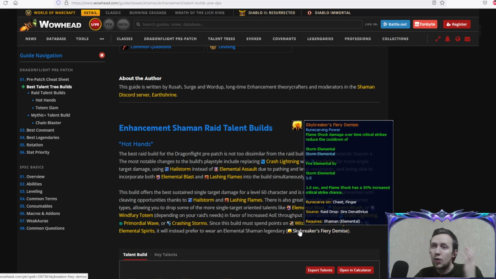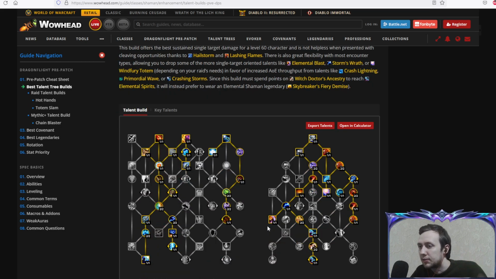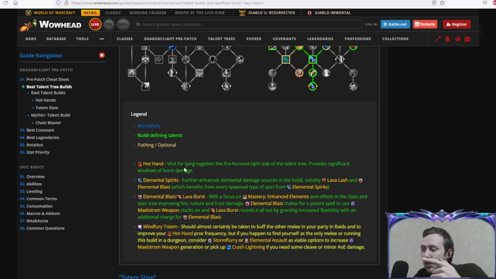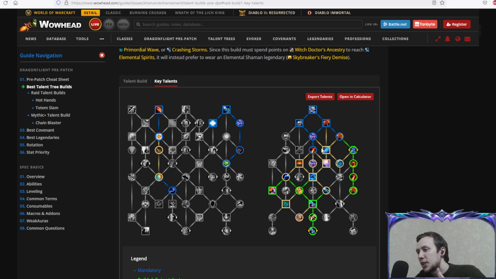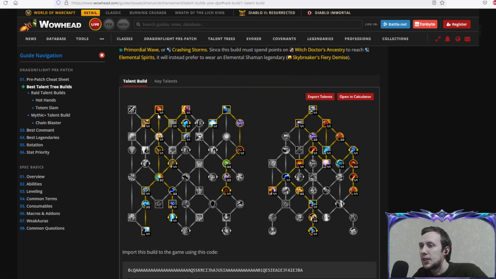And that's again all for the pre-patch info, so don't get it twisted and don't think that these talent trees are the way to go when Dragonflight comes up. So yeah, you can check out key talents in here. We're gonna look through this info, but you can get the general idea which talents are the best, which talents you can maybe skip if you want to take something else, but now we're gonna just